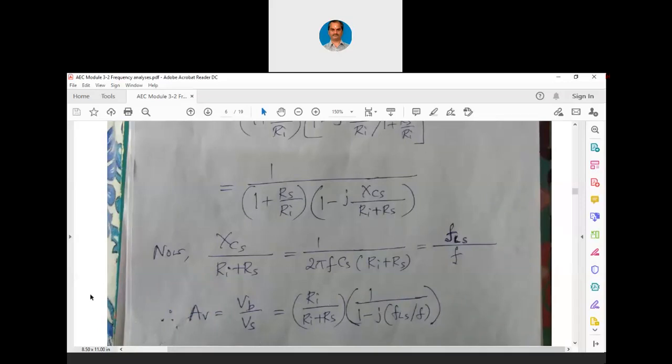Now you can distinctly see that if we consider the source resistance, then we have this particular factor Ri by Ri plus Rs. If the source resistance is ignored, then this Ri by Ri plus Rs is going to become unity and we are going to arrive at the same expression which we arrived at in yesterday's class. Now you can observe that this Ri by Ri plus Rs term is the distinguishing factor when we consider the source resistance. For arriving at this particular factor itself, this much rearrangement of the terms was performed.